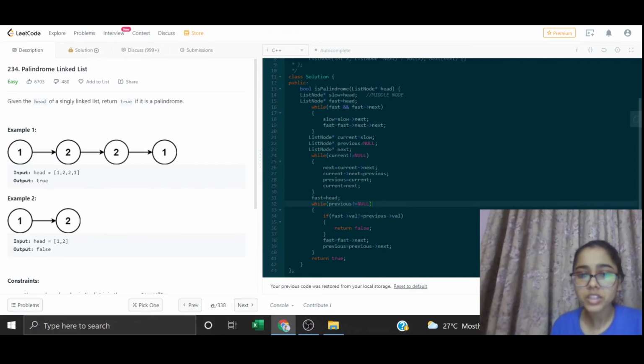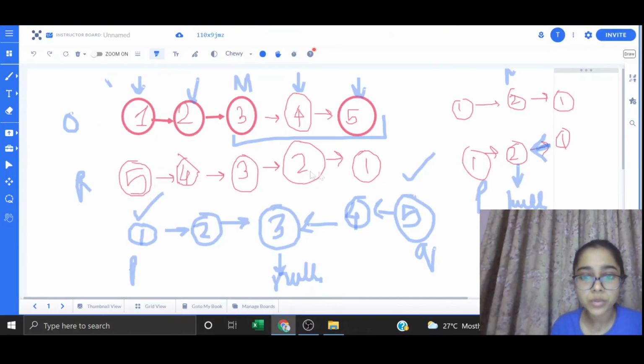Now this is basically our terminating condition: if at any point the value at one pointer is not equal to the value at another pointer, then we will return false from here. Otherwise, we will keep incrementing the pointers. As I told you, suppose here it would have been 1. Then we would have incremented, because here the condition is satisfied. Then we would have checked 4 and 2.